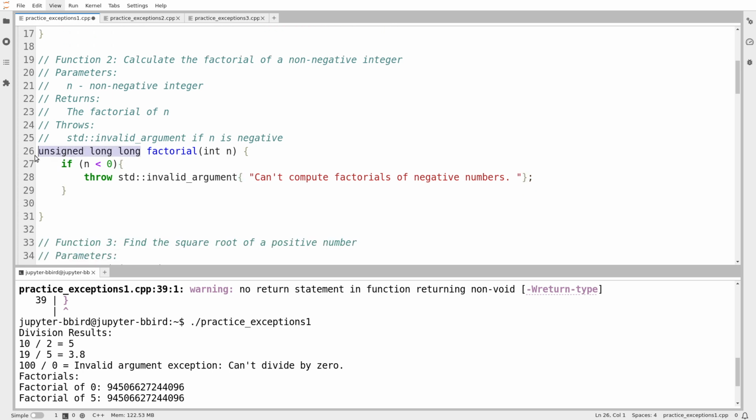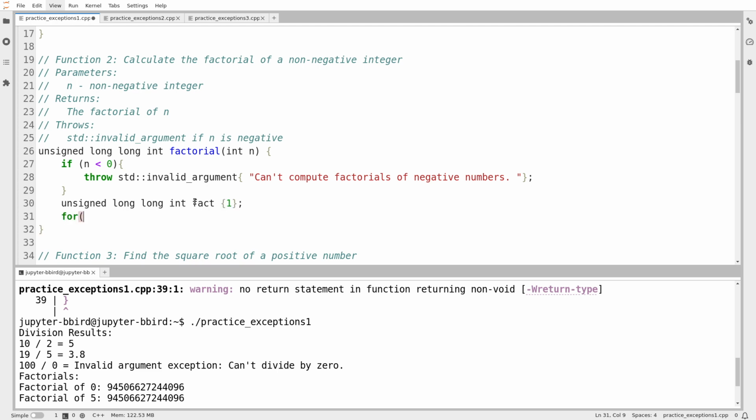I want to use unsigned long, okay. I like to write the type as unsigned long int. It turns out you could just write unsigned long, but it feels sort of like adjectives with no nouns, so I like writing int. I'll call that fact, and we'll start that off at 1, and then I'll just loop from 1 up to n. I have to make sure I use the same type, because otherwise I might run into truncation issues. Unsigned long int i starts at 1. It counts up to n, and then i++. And I'm going to multiply fact times equals i. And then I return fact.